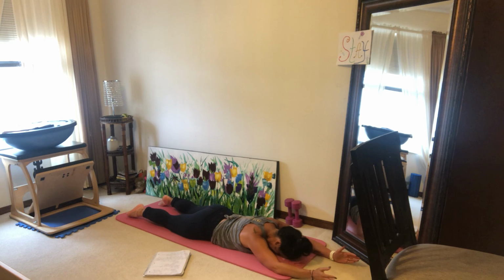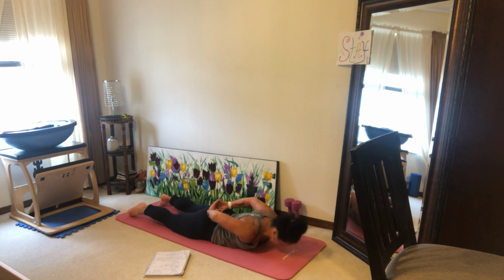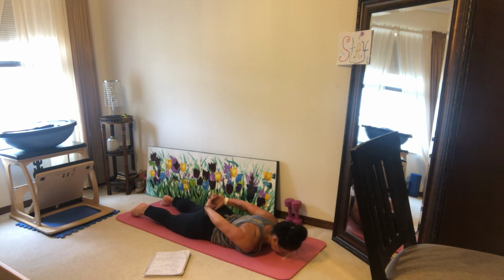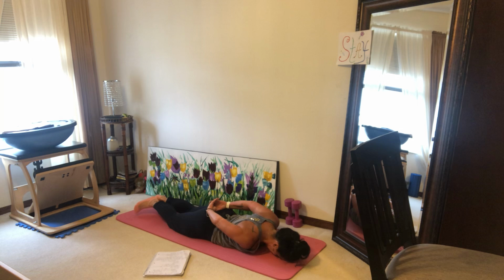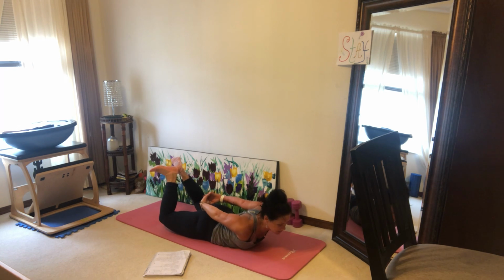One more set, guys. I want you to take your hands behind your back. Interlace your fingers. Forehead is down. I want you to seal your heels together, and I want you to have your forehead down. I want you to bend your knees at 45 degrees, and I want 3 little pulses. So pulse, pulse, pulse. And then I want you to open up through the chest, lift the thighs up, open